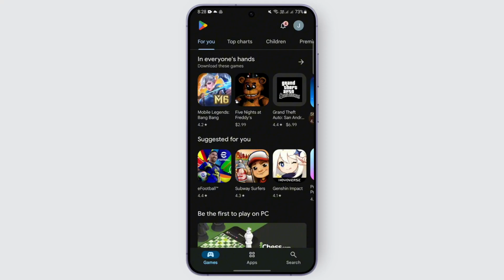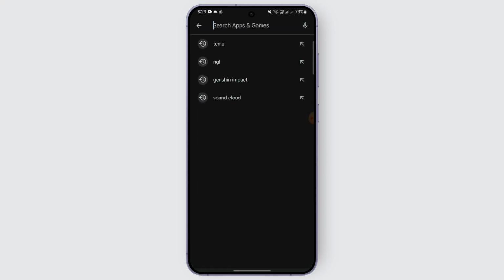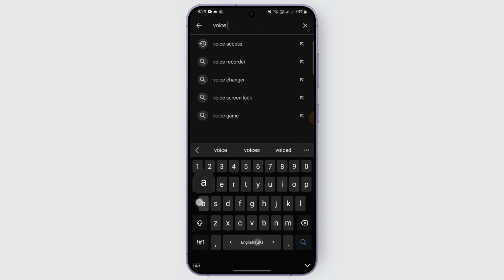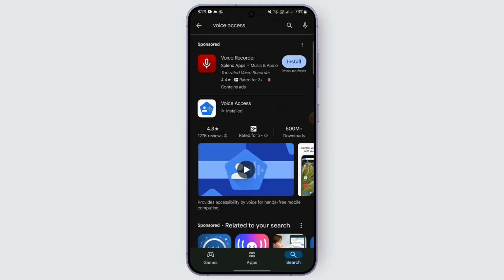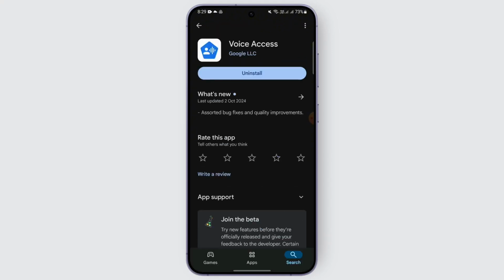So let's start. In order to do that, you need to download an application called Voice Access. You just need to open up your Google Play Store. After that, go to the search bar and search for Voice Access. After searching for it, you can see this Voice Access. You just need to install it on your device, and what you're going to do is simply head over to